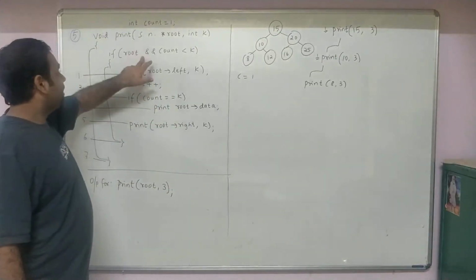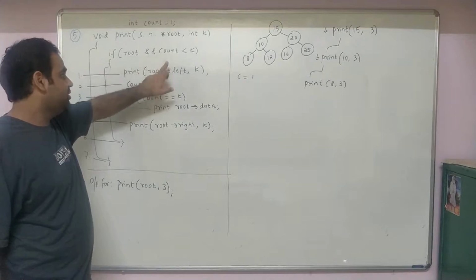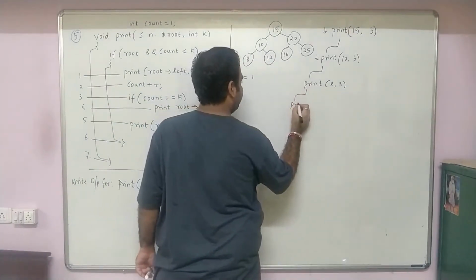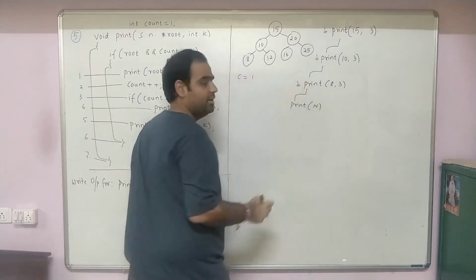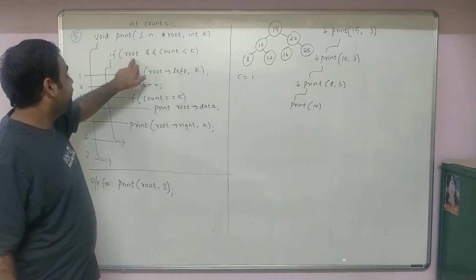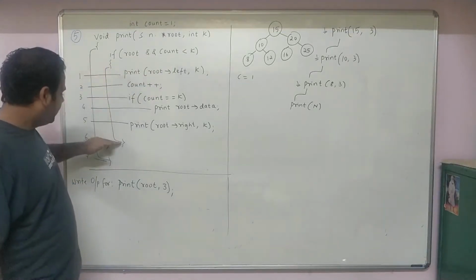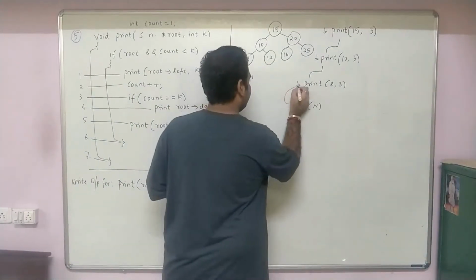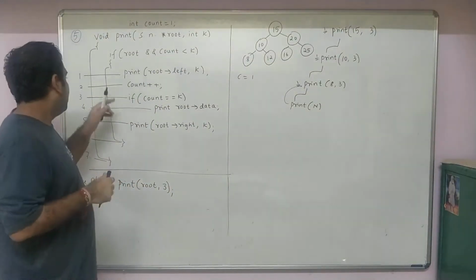Okay, again you go back. 8 not equal to null, yes, count is 1, 1 less than 3, yes. Again you call root arrow left. Therefore, when I call root arrow left, it is print 8 arrow left is null and the return line number is 1. Now check here, if root, it is false, null is false, false and anything is false, do not execute this. Execute line number 7 which says closing bracket of the function is return. Where do you return? To line number 1.